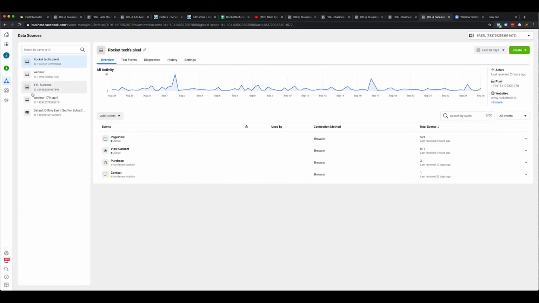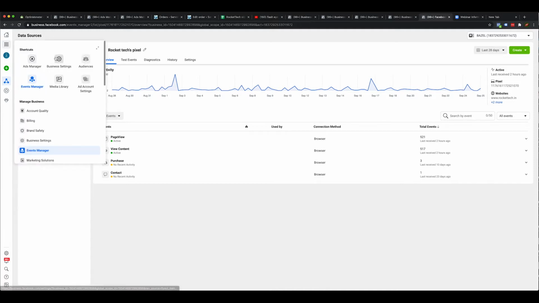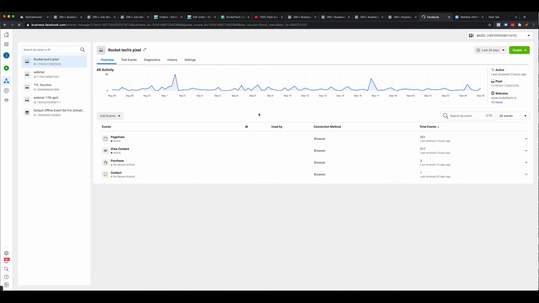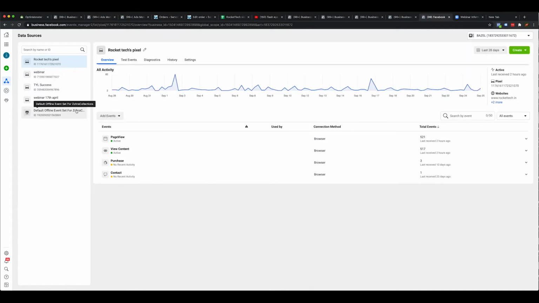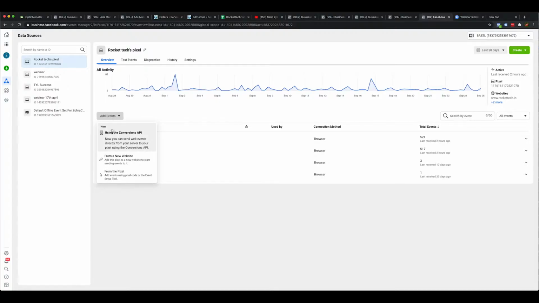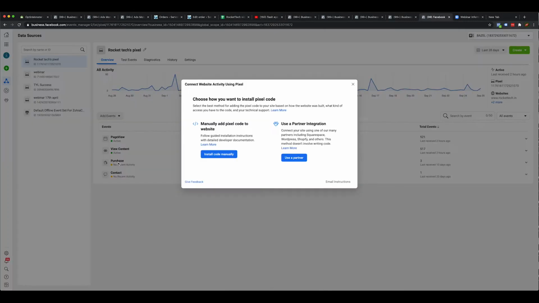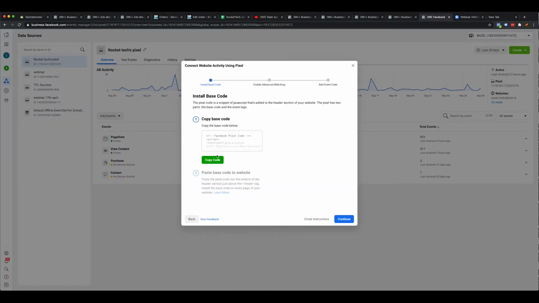Now let me go back to my Facebook ad account, and in Events Manager, I'll show you how I reach here first. So you need to click this nine-dot button and go to Events Manager, and you'll see this screen, and select the pixel which you want to integrate with your Zoom's landing page. For example, if I want to do this RocketX pixel and click add event, you need to find that particular pixel code that you want to copy the URL from, and you will find it over here when you click add events and you click from a new website. And just for this instance, click on this one and copy the code.